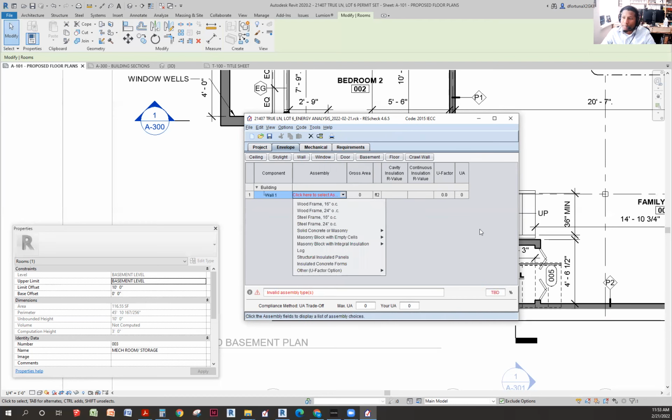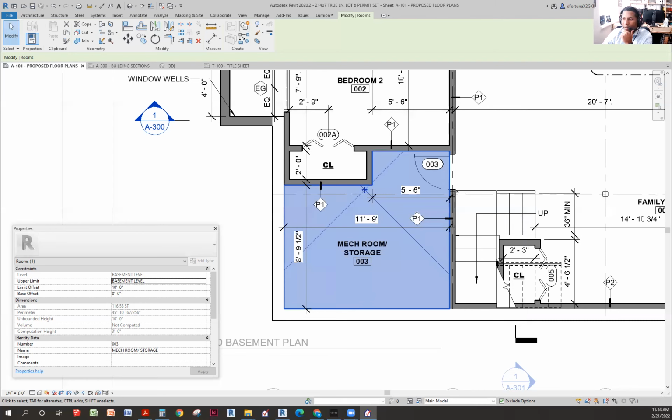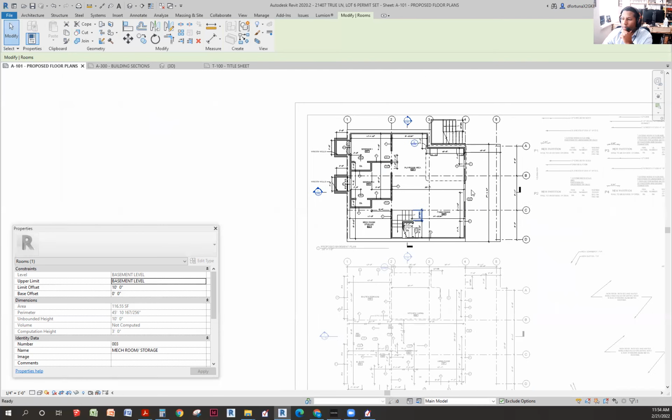So wall. Now, when you create a new wall, the program is going to tell you what kind of wall it is. Is it wood frame 16 inches on center? Is it wood frame 24 inches on center? Is it steel frame? Is it masonry, and different kinds? Typically, our projects always use wood frame. So you're just going to say 16 inches on center. Gross area. When they ask you about the gross area, what you're going to do is